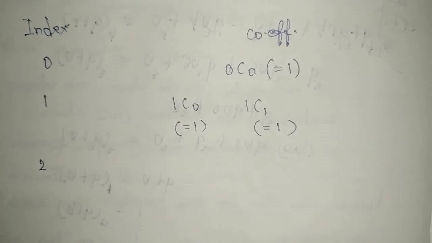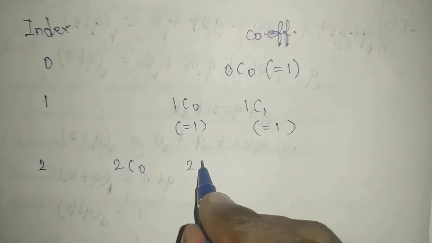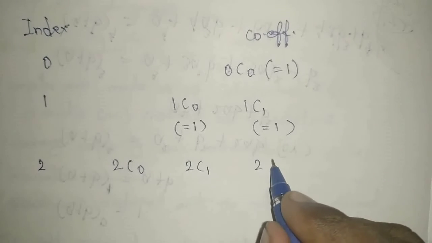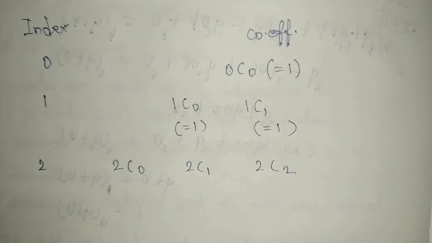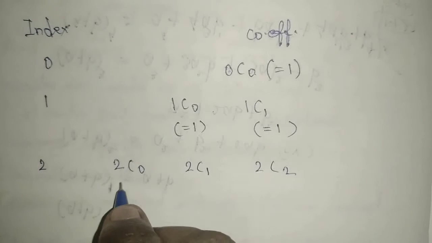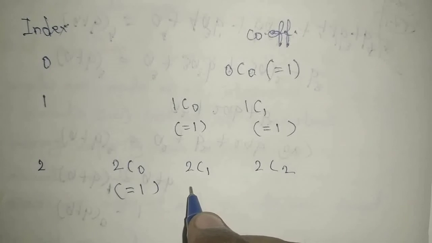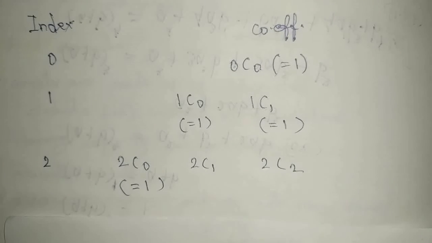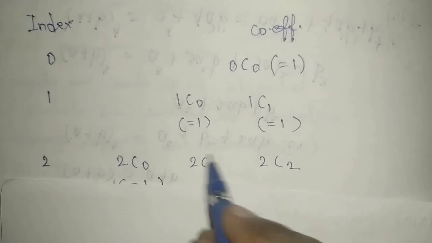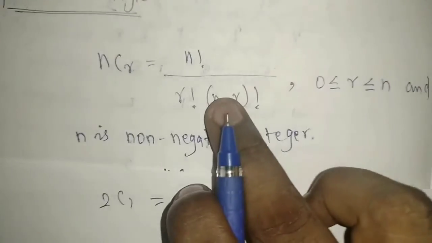Suppose I am giving 2 now, listen carefully. First 2C0, 2C1, 2C2, like that you have to go one by one, understand? So here 2 means up to C2, that is very important. So here we have C0, definitely it is equal to 1, but here we have 2C1. Now I will explain how to find 2C1; that formula we need to use. Which formula, I'll tell you. And this formula we have to use.